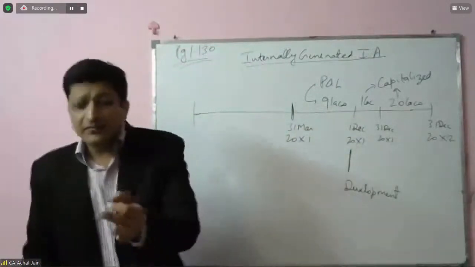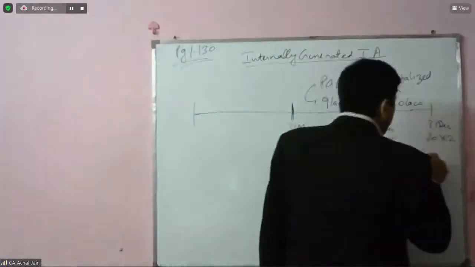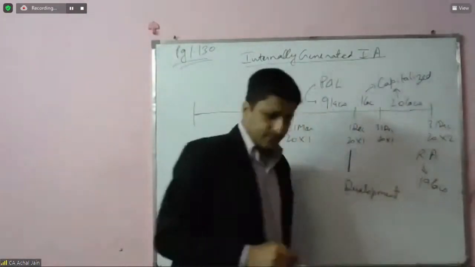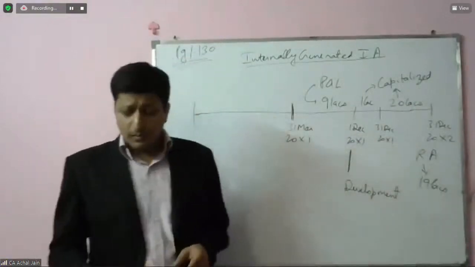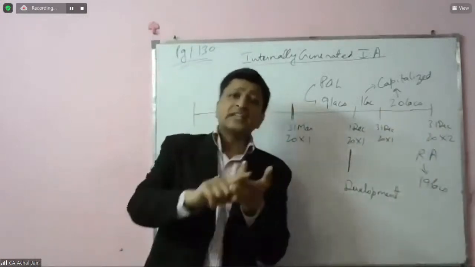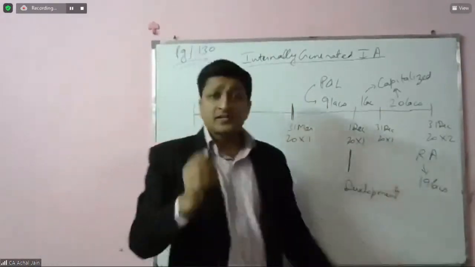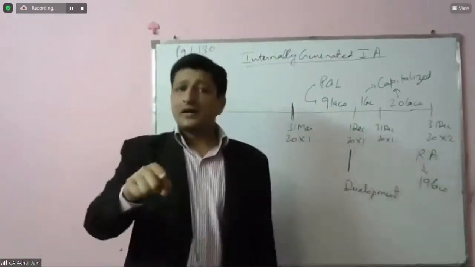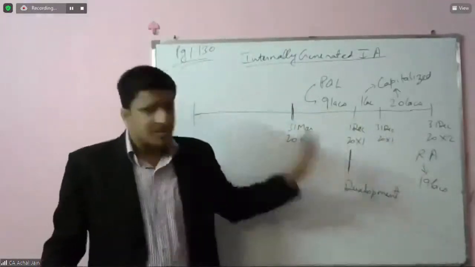Now there is another point which has been touched upon by the study material, that is on the recoverable amount. It says recoverable amount over here is 19 lakhs. In very simple terms, you can say that the intangible asset which is sitting in the books at 21 lakhs has a market value of 19 lakhs. I'm using this term in a very loose manner. Please don't think that it's the market value. I'm just keeping it very simple because AS 26 is not in your course. I'm just touching upon this principle.